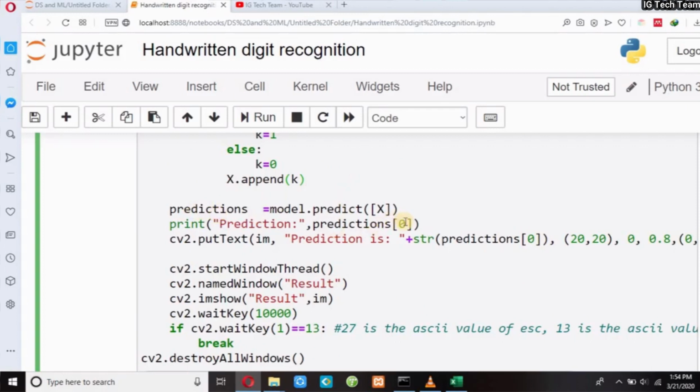One thing you have to remember: when you press the enter button, your execution doesn't get stopped. You have to press enter again and again, then only it will get stopped, because I have used waitKey and I don't find any other way to stop my execution. If you find any other way, that will be so great. But here, I think if you press enter about 4 or 5 times, then only your execution gets stopped.